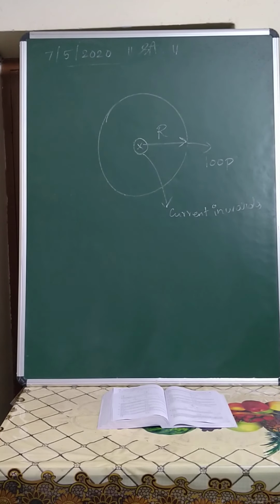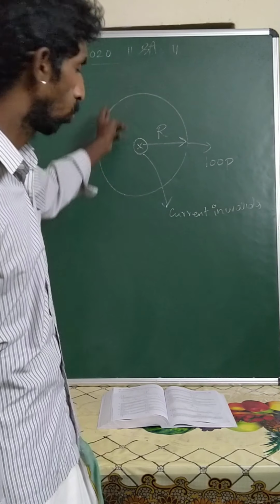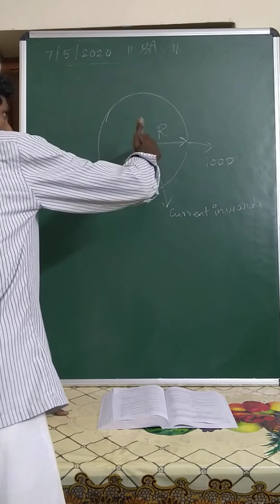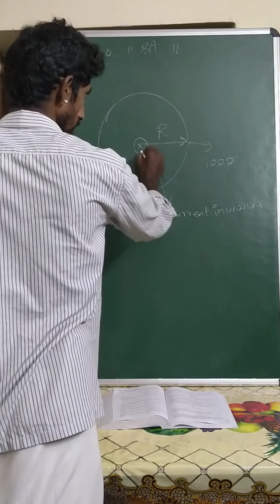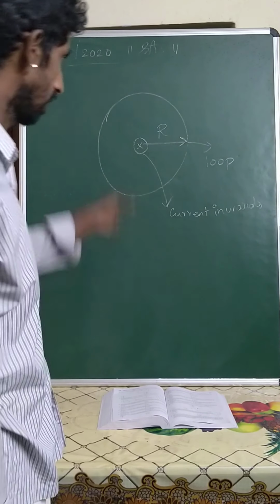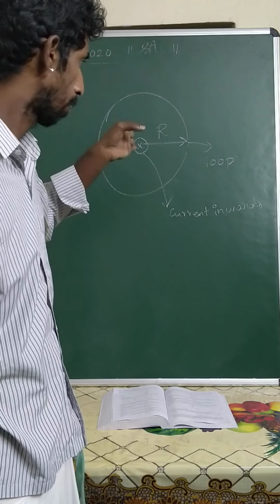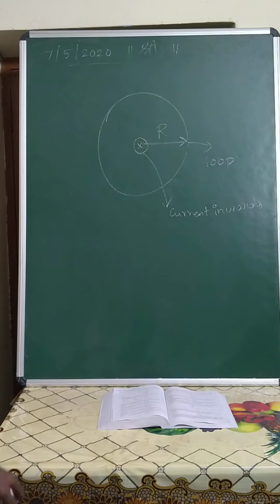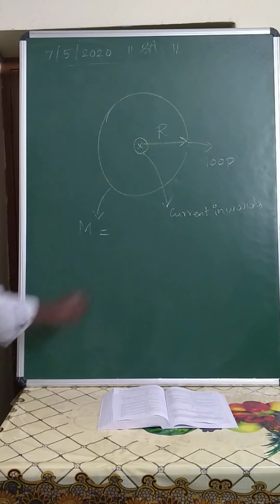So the next problem: there is a circular loop, a single looped coil of radius r, and a current is flowing inwards at the center of this circular loop. We consider this as loop 1, and this as the infinite current carrying conductor, which passes in a plane perpendicular to the plane of the loop, at the center of the loop. We want to find the mutual inductance of this coil.